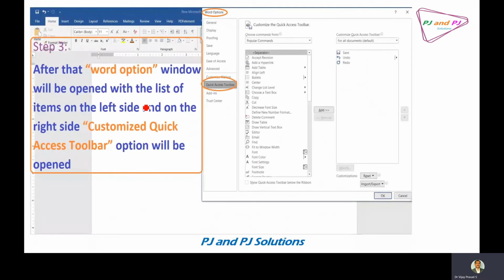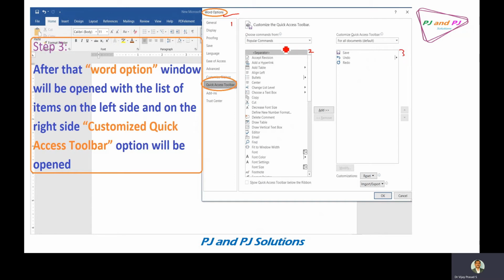Clicking on More Commands, the next small window will open like this, which shows Word Options. Under this, there will be three boxes: 1, 2, 3.